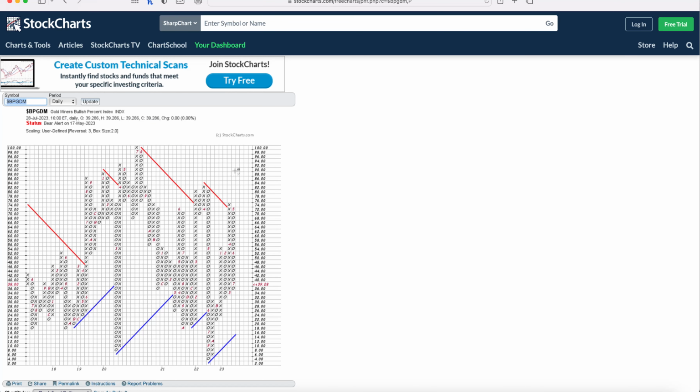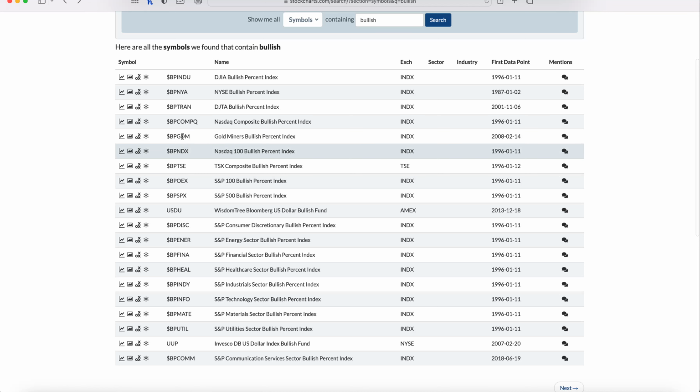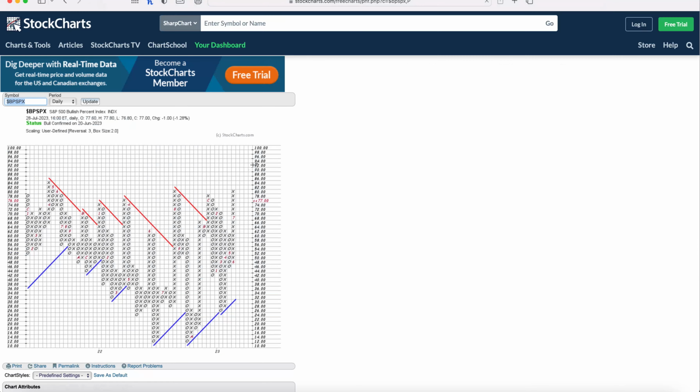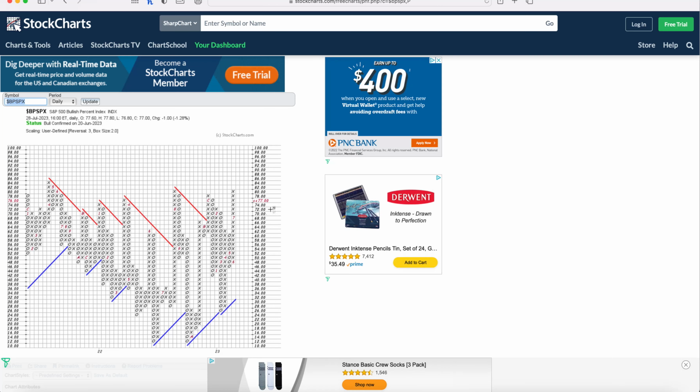I don't do that very often, but it's sometimes good to look at, and you can certainly trade the gold miners. Then we go down. I like to look at the S&P 500 next. There's 500 stocks. 77% of them are on point and figure buy signals, and it went down by 1.28% today